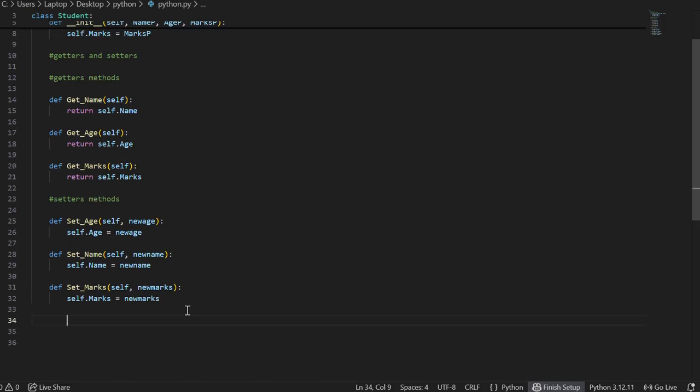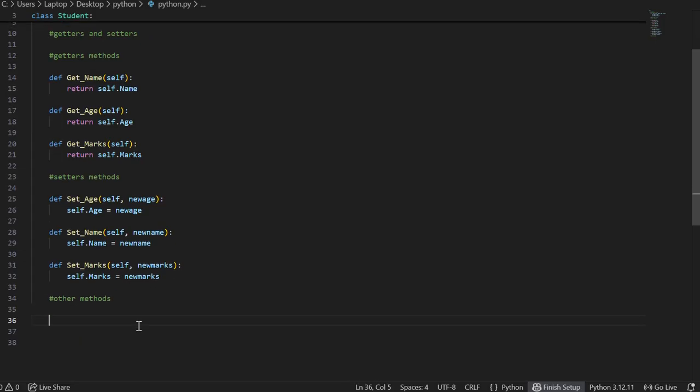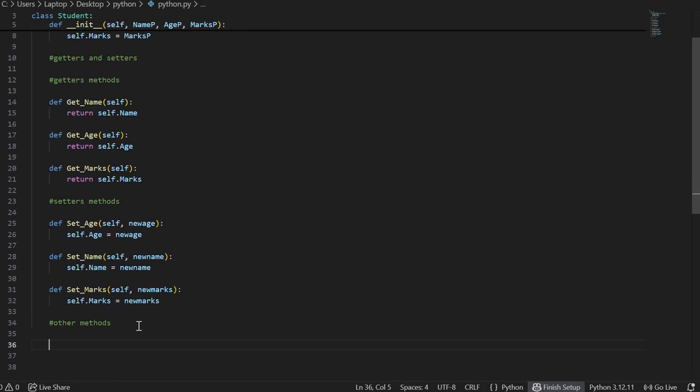But we have more methods as well. So getters and setters are some methods that we use. These are the main methods that are asked in the CIE exams, but there are other methods as well. For example,